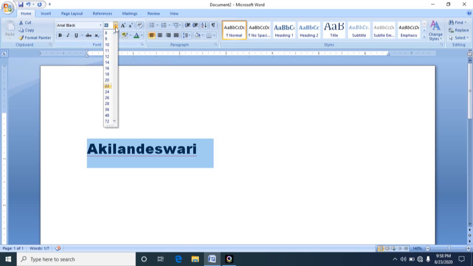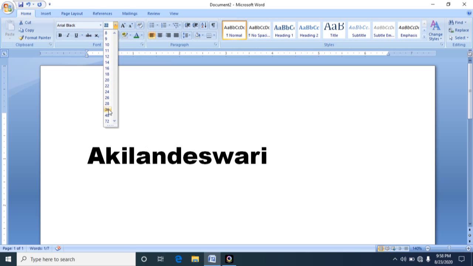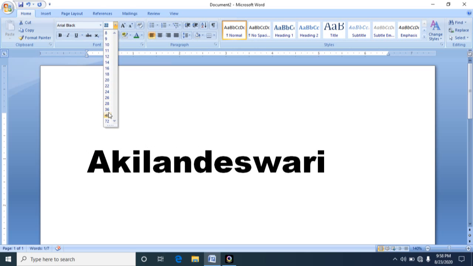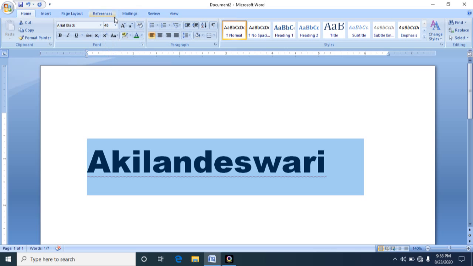Similarly, I can change the size of my text. See, now I have changed the size of my text. For that I have used the font size tool. If you hold the mouse near a particular tool, it will show you a pop-up, otherwise called a tooltip.